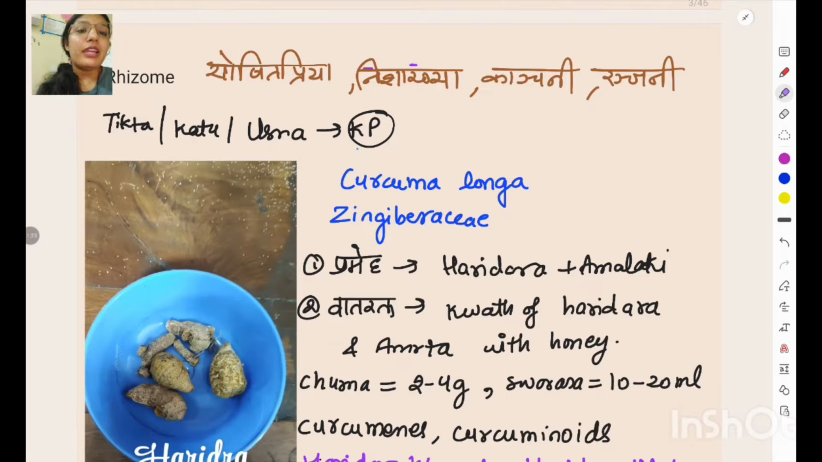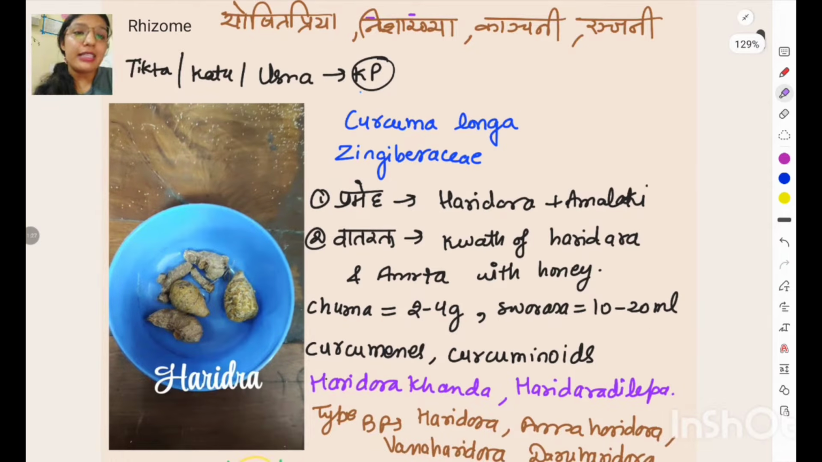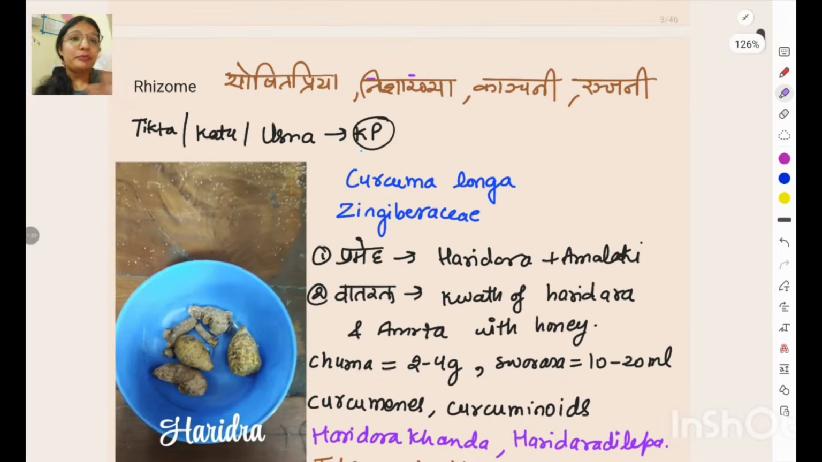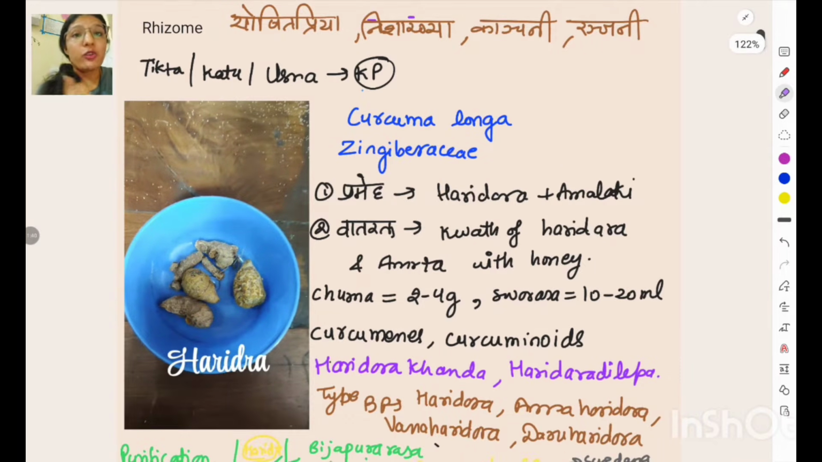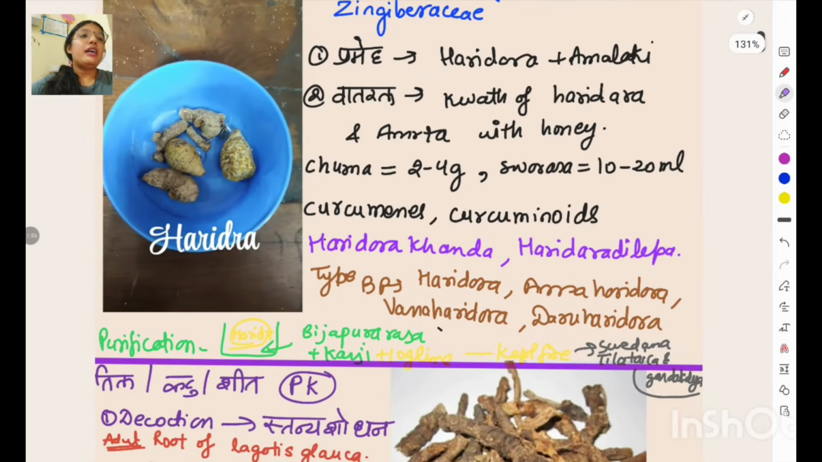So first is our Haridra. As you can see, this is our Haridra. It's an orangish yellow color, and it's a rhizome. Then its synonyms are Yoshita Priya, Nishakyam, Kanchani and Ranjani. Rasa Panchaka: it's Tikta Rasa, Katu Vipaka and Ushna Virya, and it is a Kapha Pitta Shamak. Since it is a Pitta Shamak despite having Ushna Virya, it is Pitta Shamak due to its Tikta Rasa. Okay, and its botanical name is Curcuma longa, Zingiberaceae family,